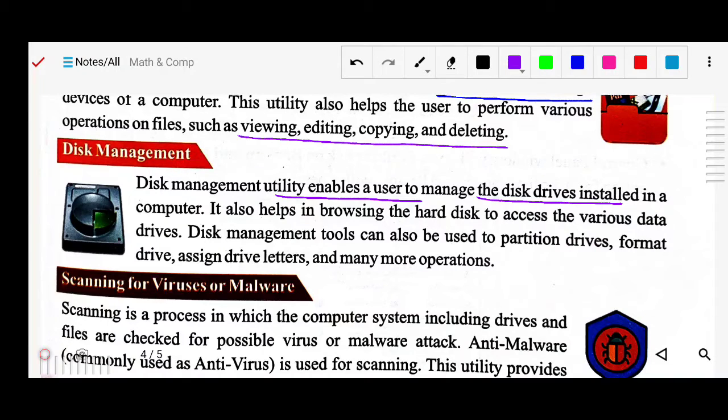That is the partition of the hard disk. You can also change the letters, like C, D, E, F drives. So all this management, the hard disk management, memory management, formatting, and recovering, is done by the disk management.